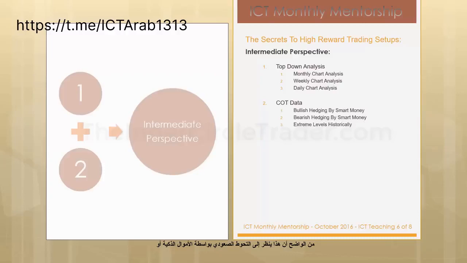Okay, that's obviously looking at the bullish hedging by smart money or the commercial traders, or the bearish hedging by the smart money. And again, if you haven't watched any of my free tutorials, there's teachings on commitment of traders. It's important to know that you'll learn everything you need to know about COT data in this mentorship. So even if you haven't watched the videos, or are familiar with commitment of traders, just settle down, relax. Please don't send me a Twitter storm of questions or emails, because everything I'm talking about here,